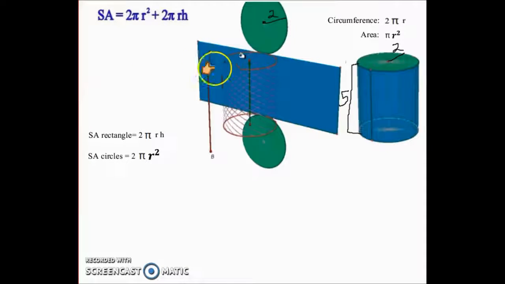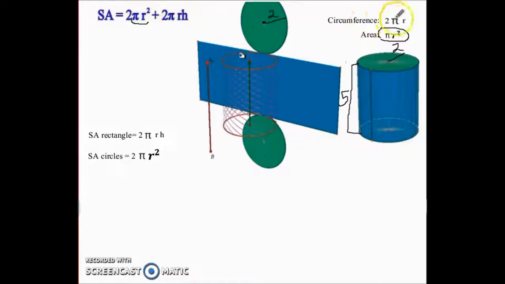So now that we've deconstructed a cylinder, we can see that a cylinder is made up of two circles, one on the top and one on the bottom. And then this blue part is a rectangle. And the formula for the surface area of this cylinder is 2 pi r squared. Pi r squared is the area of a circle. Pi r squared. And there's two of them, because there's this circle and this circle. So it's 2 times the area of a circle plus